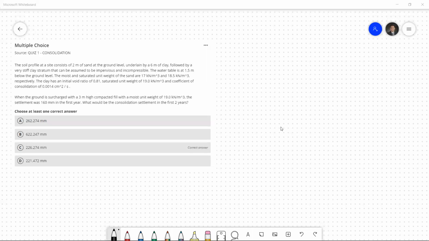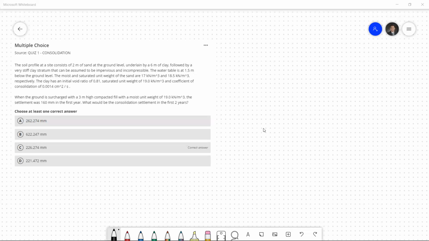Okay, so in your quiz 1, in consolidation, we have this problem. The soil profile at the site consists of 2 meters of sand at the ground level, underlain by 6 meters of clay, followed by a very stiff clay stratum that can be assumed to be impervious and incompressible. The water table is at 1.5 meters below the ground level, so the moist and saturated unit weights are 17 and 18.5 respectively. And the clay has an initial void ratio of 0.81, a saturated unit weight of 19, and a coefficient of